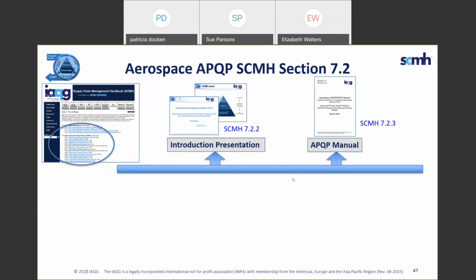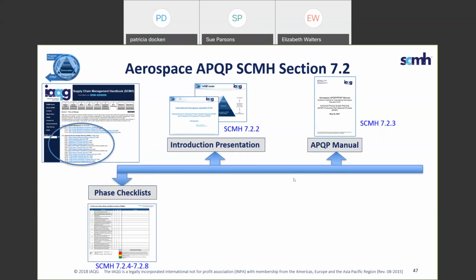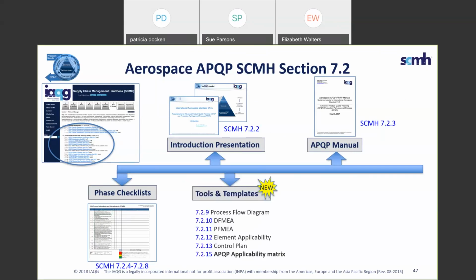There's an APQP manual in 7.2.3. There are phase checklists for each phase, all 5 phases. There's checklists, there's webinars, there's just a wealth of information in all of them. There's tools and templates for all the elements that are in the AS 9145 and the phases.